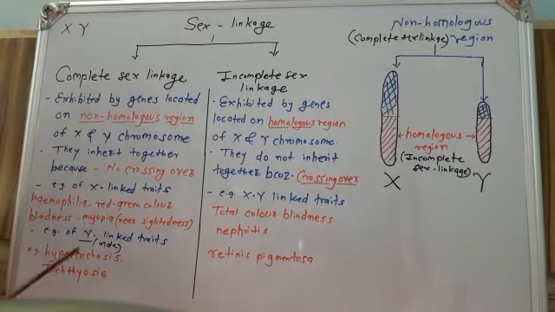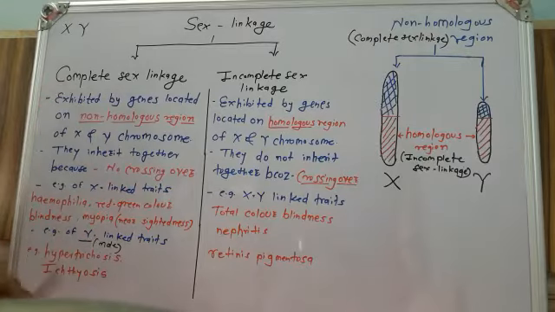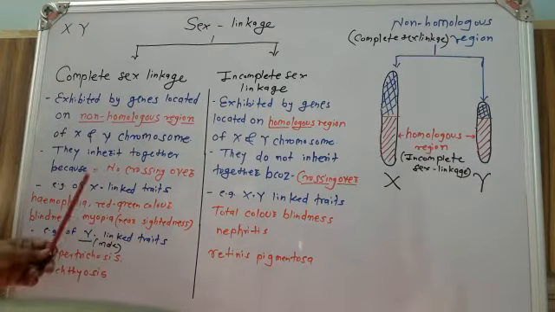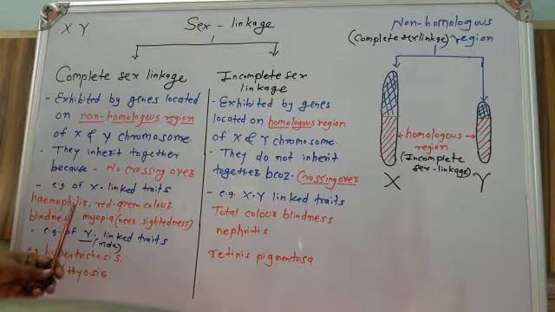Here are examples of X-linked traits and Y-linked traits. X-linked traits are mainly because of the X-linked genes present on X chromosomes, while the Y-linked genes present on the Y chromosome generally show the Y-linked traits. So first we take examples of X-linked traits. The first disorder, the first trait, is hemophilia.